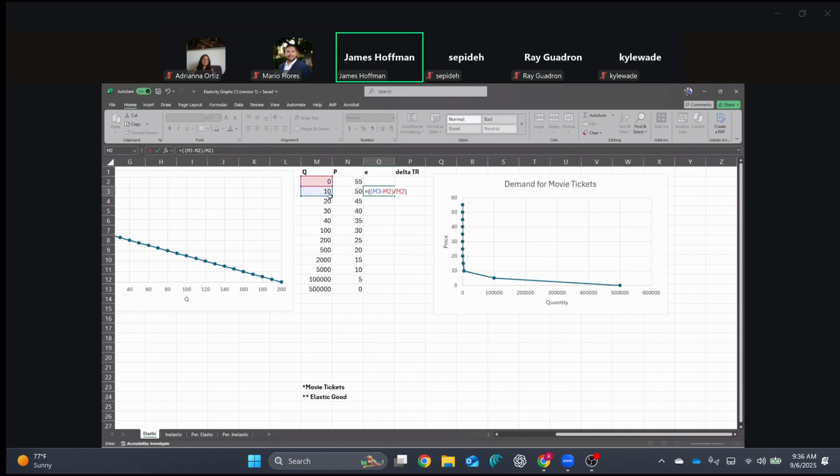So it's the change over the original, which is just the percent change, right? Then divided by the price change, which is another double parenthesis, but this is going to be a decrease. So it's 50 minus 55 divided by 55. Okay, so what I'm just calculating is the percent change in quantity divided by the percent change in price when price goes down from 55 to 50. Okay, and that should give you